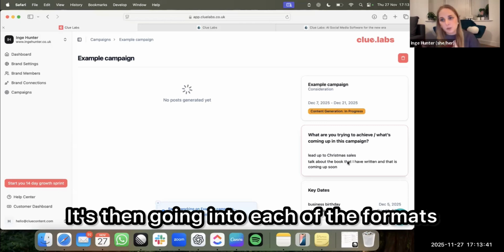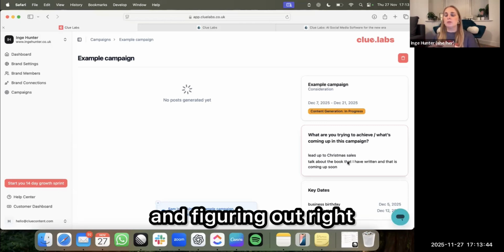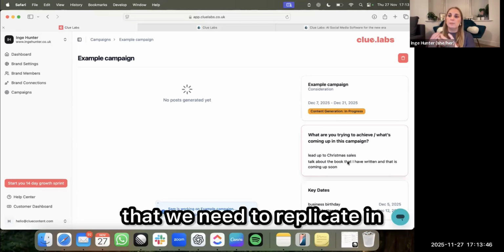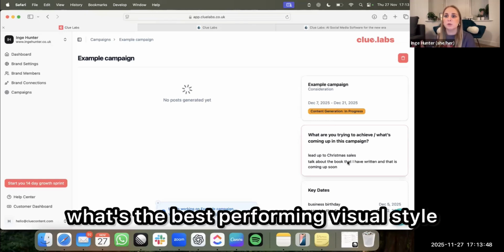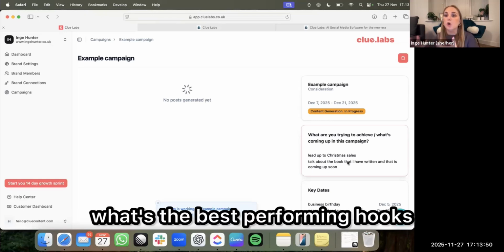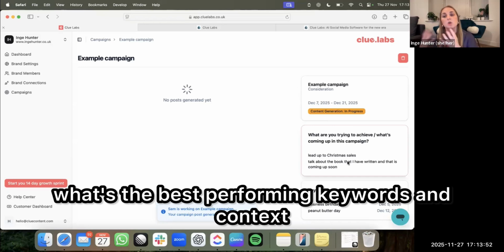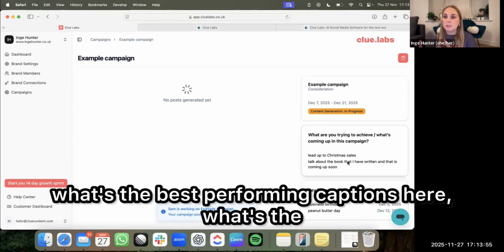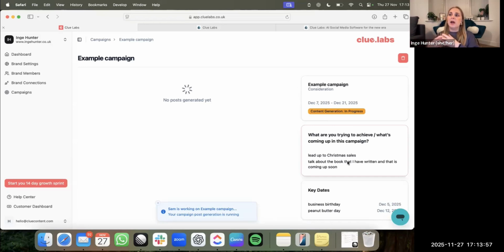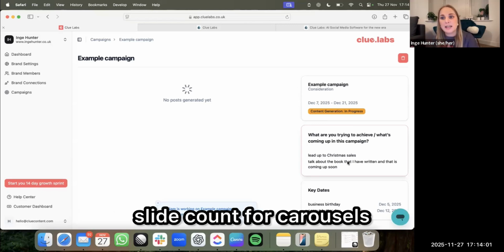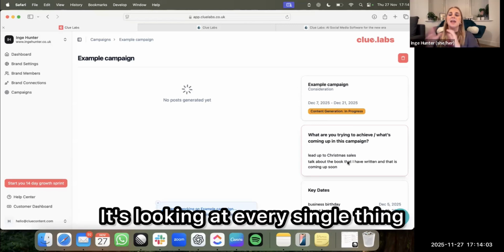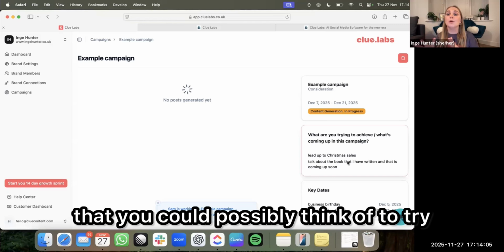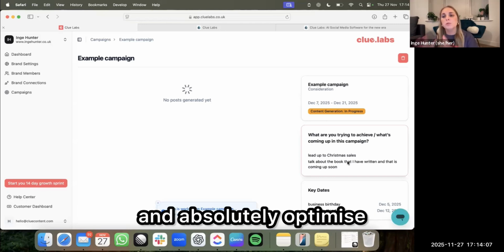It's then going into each of the formats and figuring out, right, what's the visual style that we need to replicate? What's the best performing visual style? What are the best performing hooks? The best performing keywords and context? The best performing captions? The best performing video length? The best performing slide count for carousels? It's looking at every single thing that you could possibly think of to absolutely optimize that growth goal